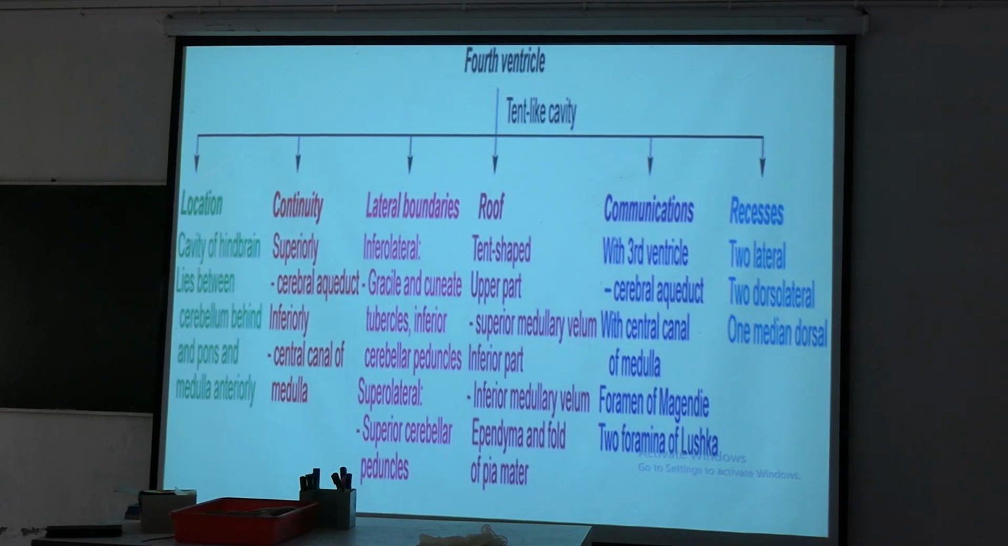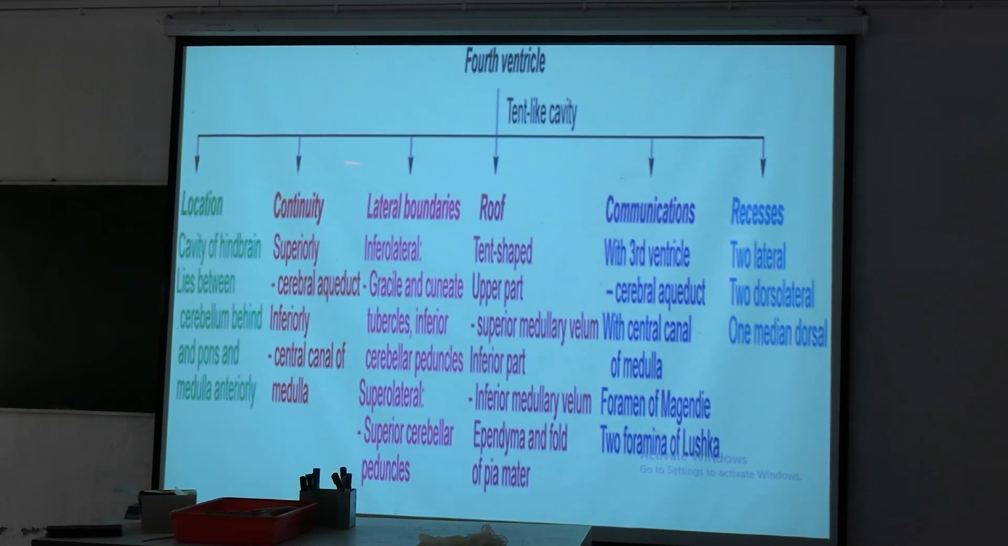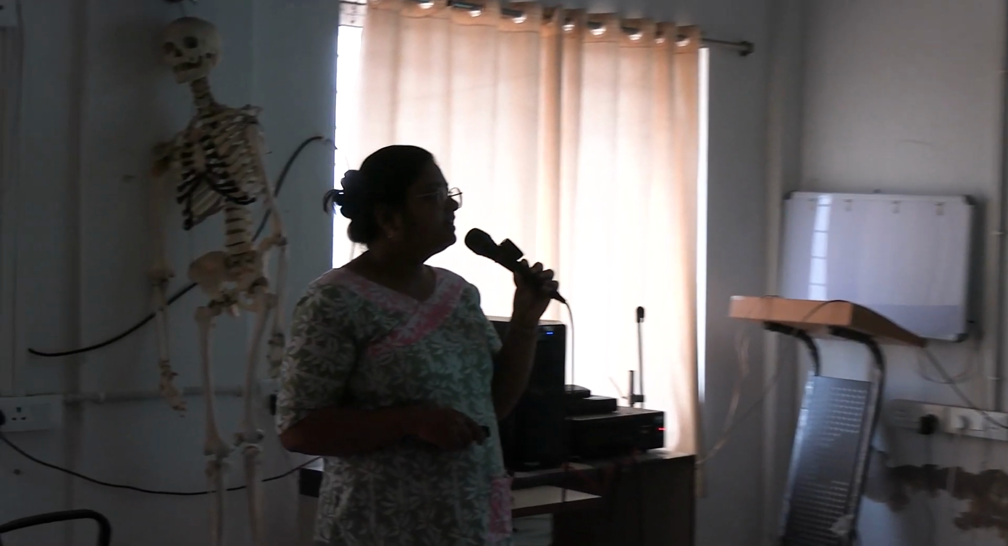So location of the fourth ventricle: cavity of the hindbrain, lies between the cerebellum behind and pons and medulla anteriorly. Continuity superiorly with cerebral aqueduct, inferiorly central canal of medulla. Lateral boundaries: inferolateral, gracile cuneate tubercle, inferior cerebellar peduncle. Superolateral, superior cerebellar peduncles. Roof is tent shaped, upper part superior medullary velum, inferior part inferior medullary velum, ependyma and